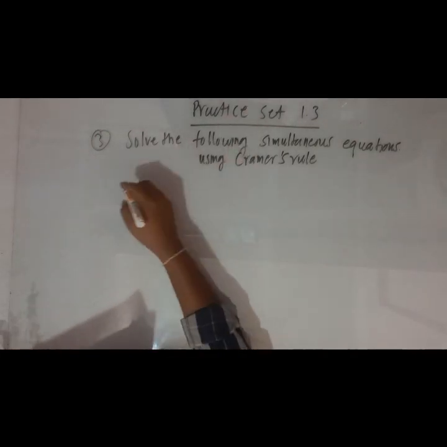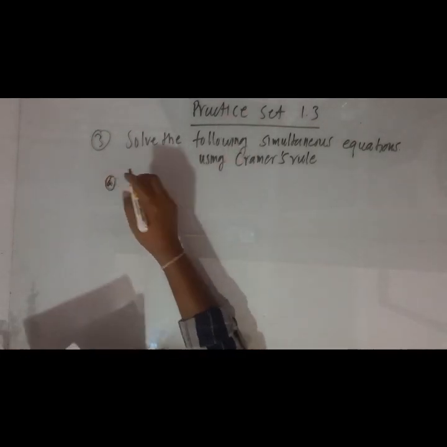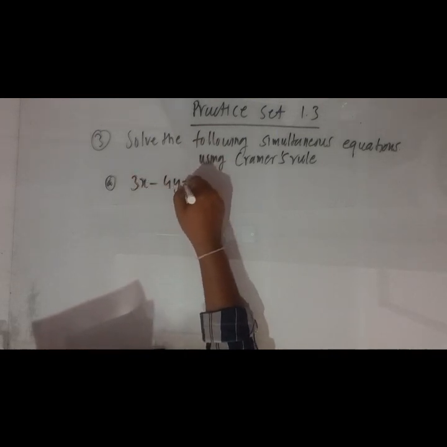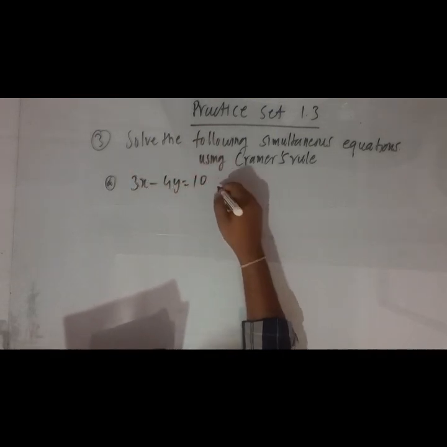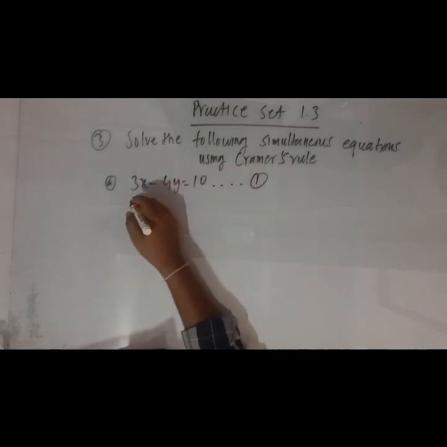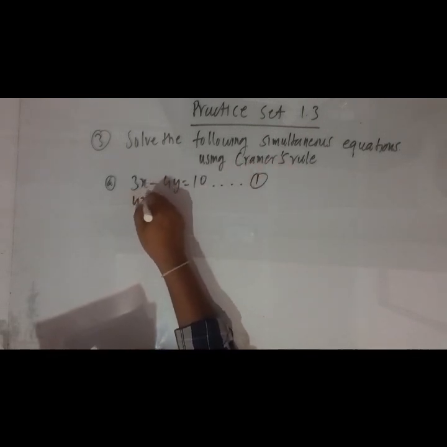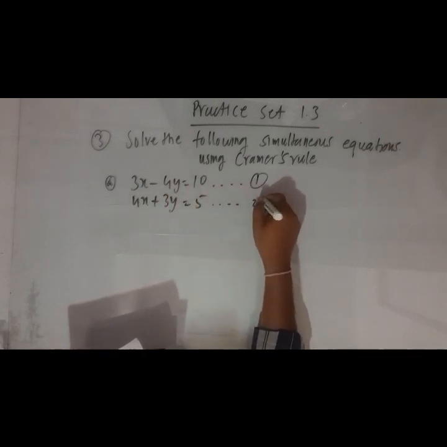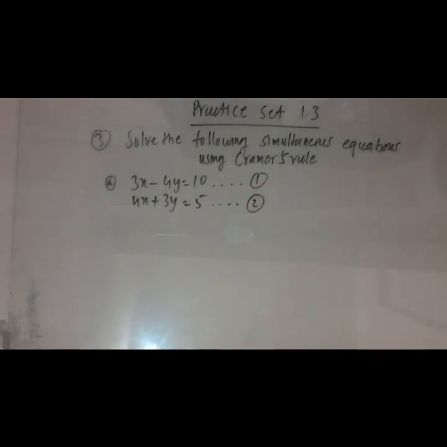Now first question is, they have given two simultaneous equations: 3x minus 4y is equal to 10, and this is equation number 1, and equation number 2 is given as 4x plus 3y is equal to 5. Okay, now before the starting of this lecture, I have told how you can solve this equation using